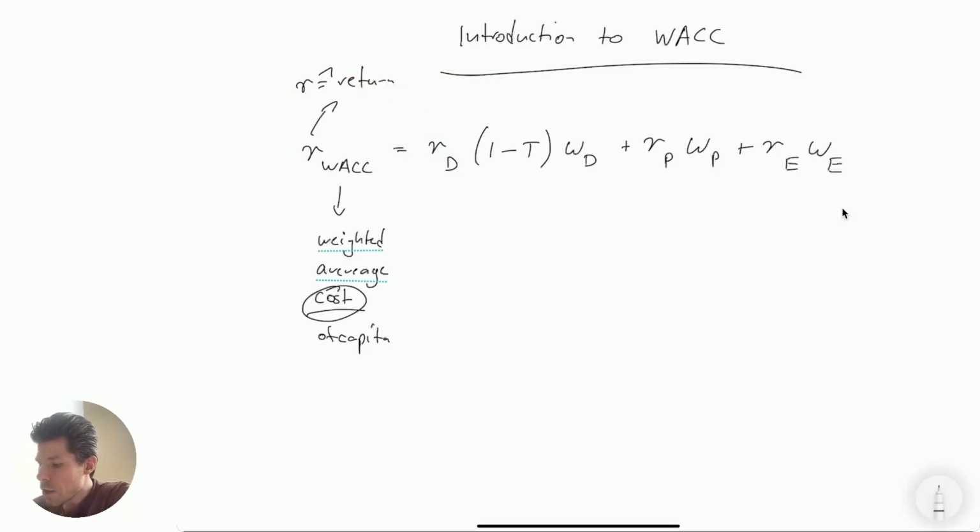The reason is cost is from a company perspective, return is from an investor perspective, but it is exactly the same. If you're an investor, let's assume you are a common shareholder,